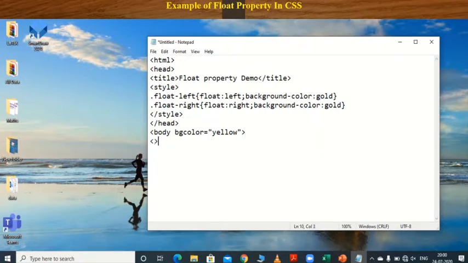Next we have to use the h2 tag. h2, then class equals double quote float left. Next I have to print one message here, that is welcome. Welcome to, then close the h2 tag. Then we have to use the p tag.